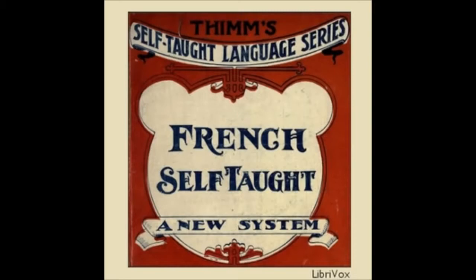5. House utensils. A table, une table, a chair, une chaise, an armchair, un fauteuil, a looking glass, un miroir, a clock, une horloge, a trunk, un coffre, a box, une boîte, the bed, le lit, the counterpane, la couverture,